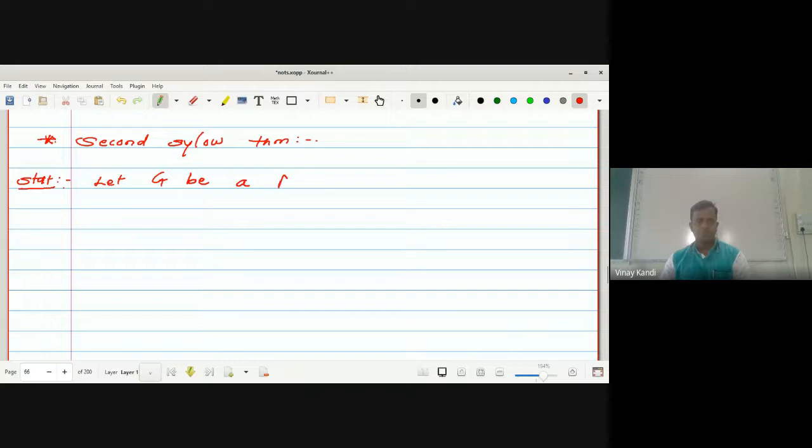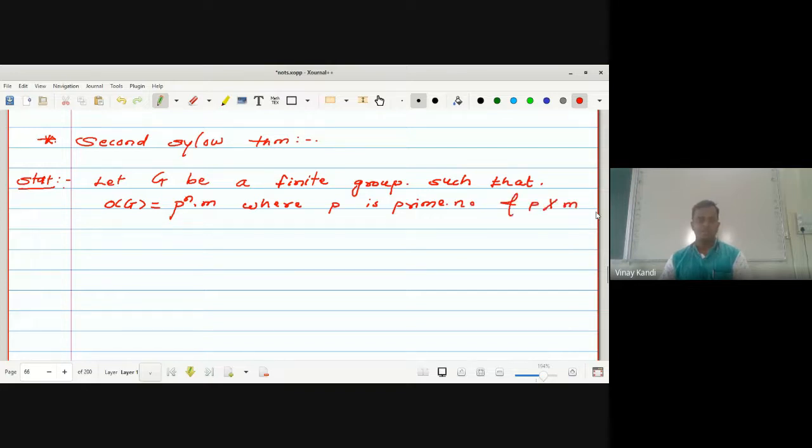Let G be a finite group such that the order of G is equal to p raised to n into m, where p is a prime number and p does not divide m. And let capital P1 and capital P2, this one is small p,